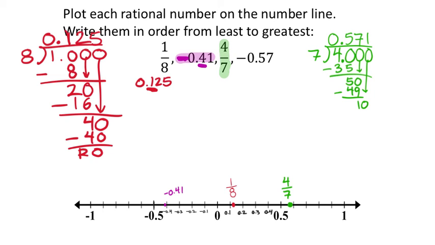Very nice. Now we're going to graph negative 0.57. Now be careful because some students say, look, it's pretty much the same decimal, so it goes right on top of this one. No, it does not. It's negative. So it goes over here. Negative